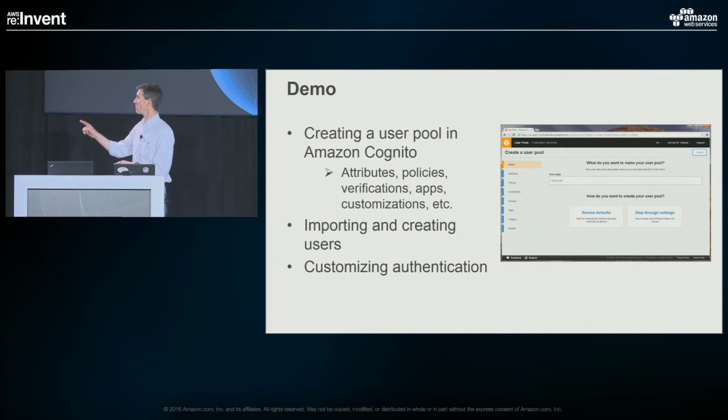We're going to show you some of the things you can do in the console, so how you can set up a user pool. You'll see some of the options you get. Vikram talked about some of those. You'll get to see in a concrete way what those look like. I know for me that helps me understand how this thing works when I can see how you can set it up. So we'll talk about some of the settings you get. I'll show you ways you can import users or create users. And then I'll show you a way you can use some of these custom authentication features that Vikram talked about.